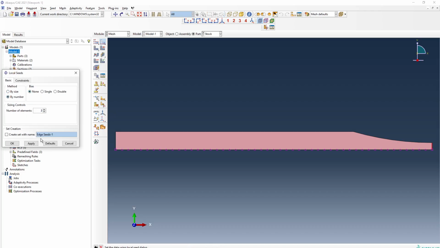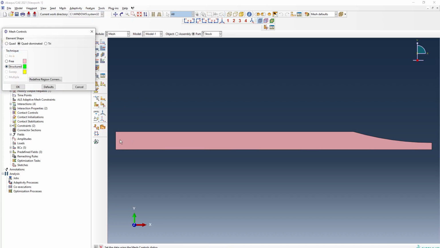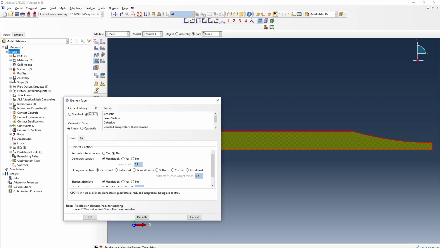I'll put 3 elements, apply, done. Next I'll go to mesh controls. I will select structured mesh for this particular part. Mesh element type, I'll select the region. So it's an explicit element, linear element,